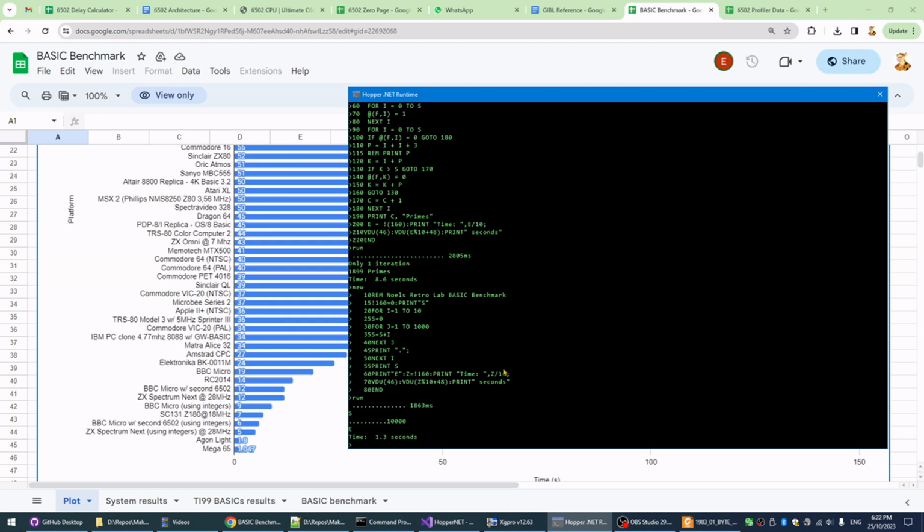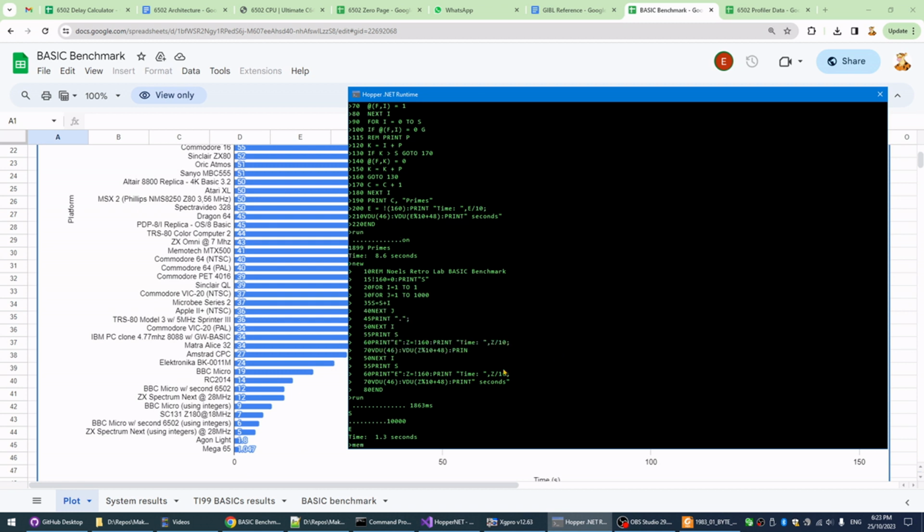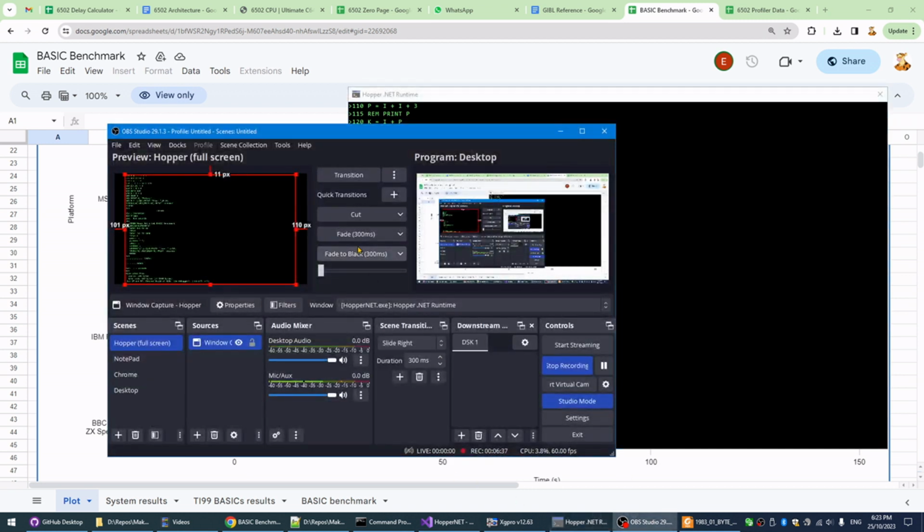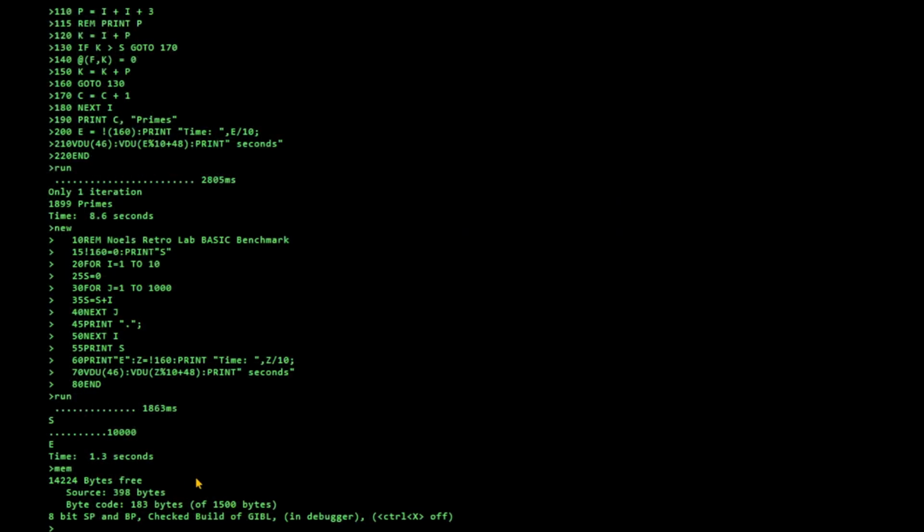But it's not all unicorns and rainbows because I only have 14K of memory free out of 64. So I'm using about 20K of ROM for, it's a 32K ROM, 32K RAM machine, and I keep forgetting to switch the screen back. So there we go, 14K left. And so this machine has 32 of ROM, 32 of RAM, and I have 14, about half of that RAM is left for user working space,